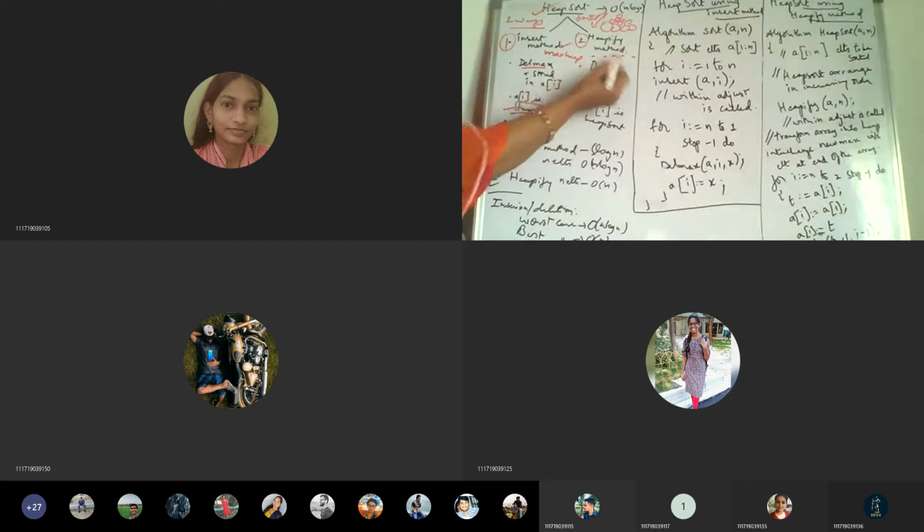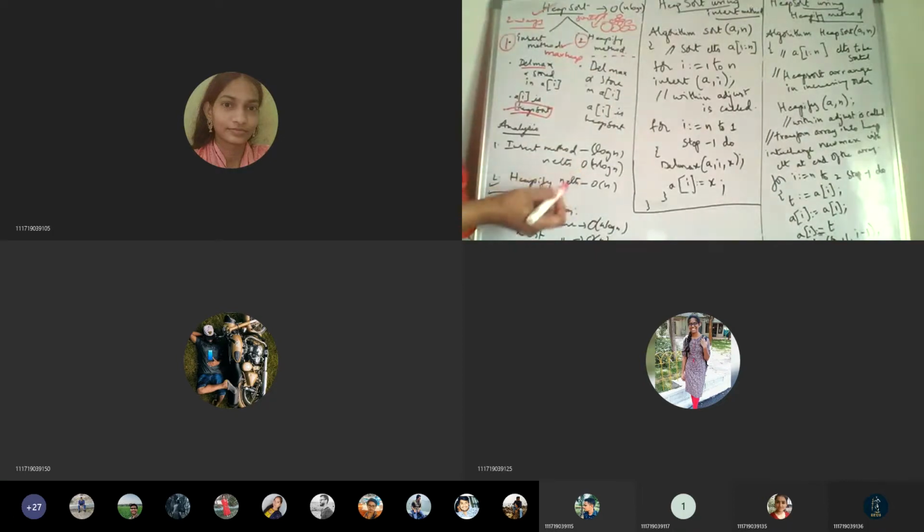However they are appearing, we just include them in the tree structure without checking anything. However the elements are given, we place them as they are, and then later what are we going to do?